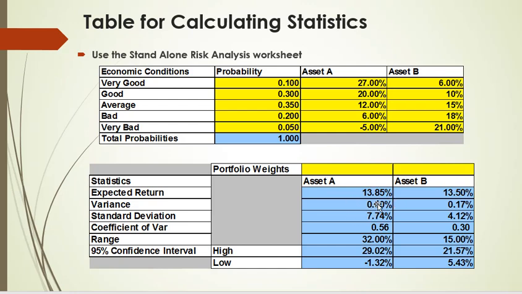This is not enough increase in return to make me want to buy A, even though it obviously has a higher return. Coefficient of variation obviously shows that A is still a riskier asset. The range also shows that it's a riskier asset. So again, from a statistical component, we know A is riskier. In this case, it does have a higher rate of return, but we are a little bit suspect about the magnitude of that higher return number.